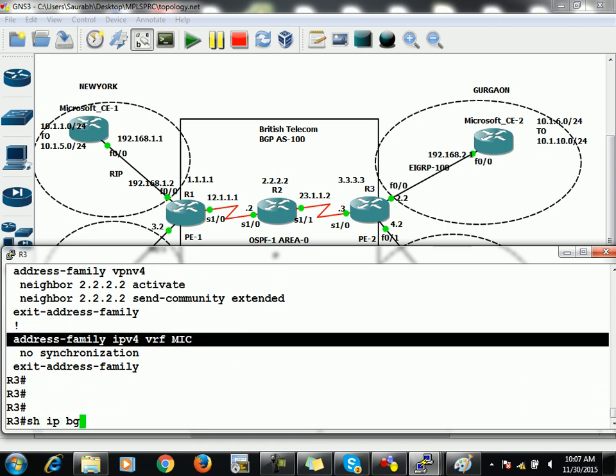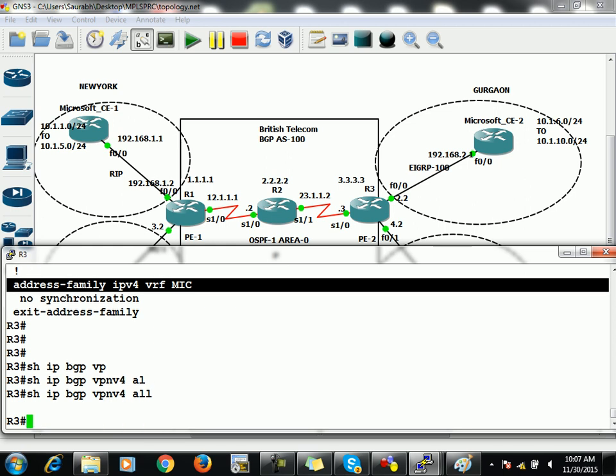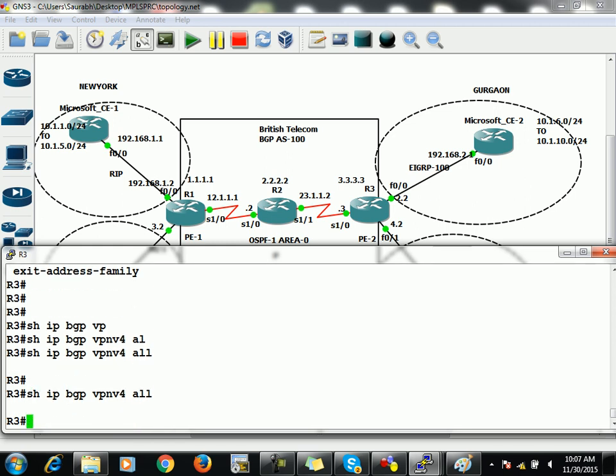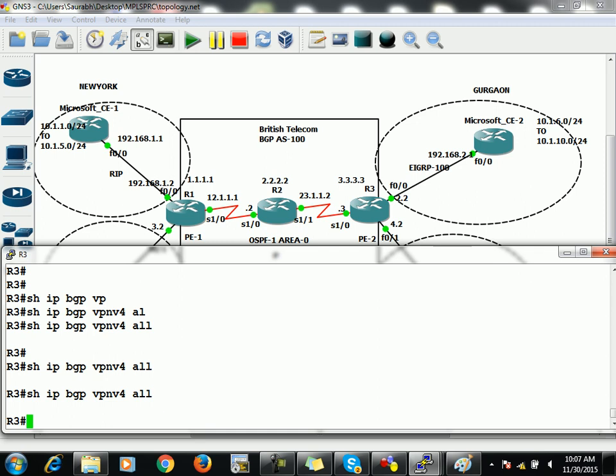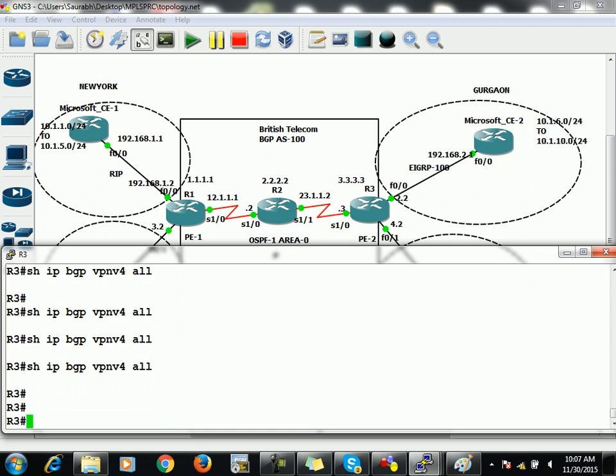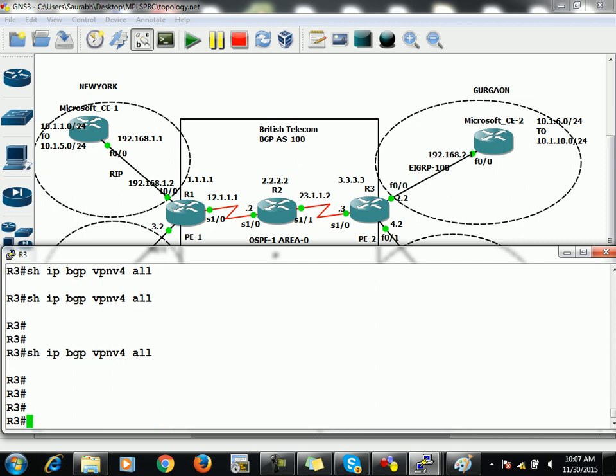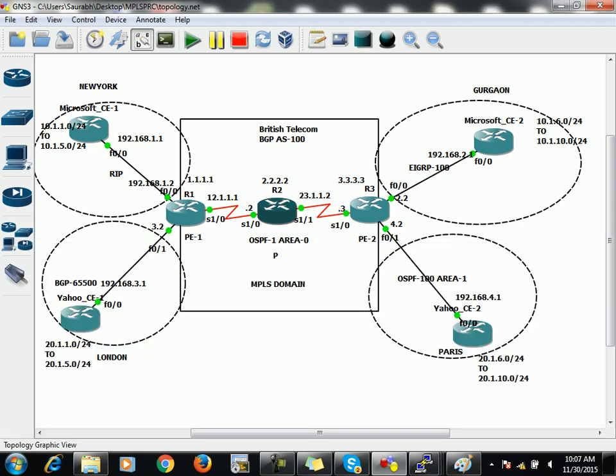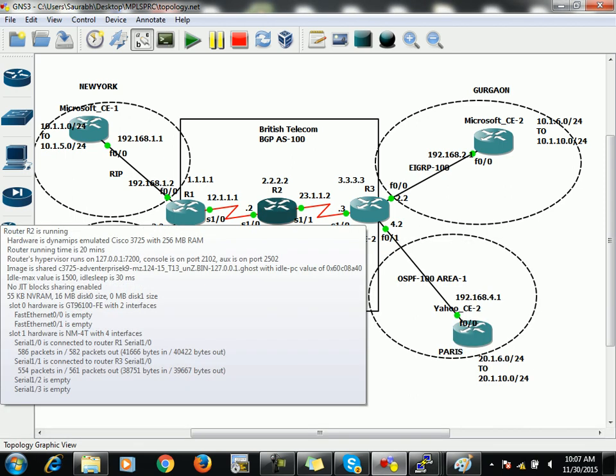So now show ip bgp vpnv4 all, enter. So it is not receiving. It does not have anything in its BGP table. So what's the reason behind it? Exactly, route reflector. This time you see that R2 and both of them are VPNv4 iBGP neighbors,